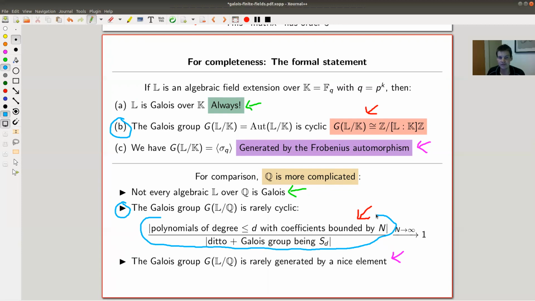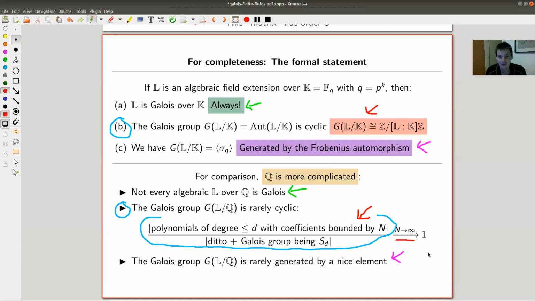And it turns out that if you take the limit of this, so this is a non-trivial theorem. It's also not so hard. Link is in the description. If you take the limit n to infinity, it goes to 1, which basically means that a randomly chosen polynomial with rational coefficients has Galois group the full symmetric group,